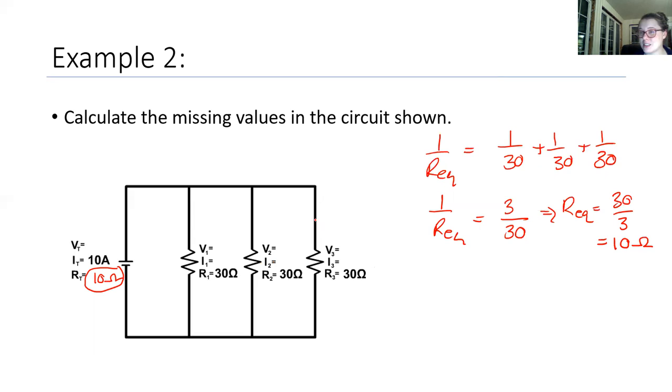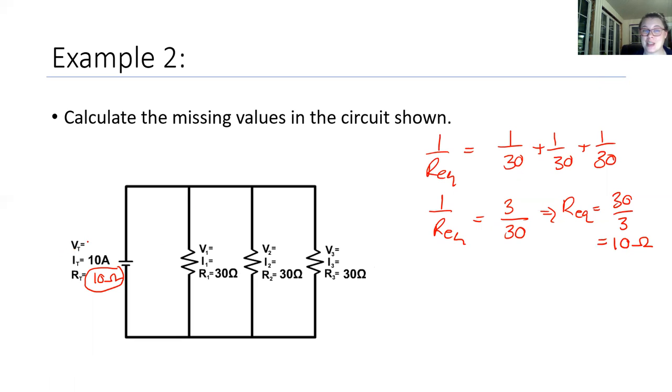Does it make sense that from the battery's perspective, it would see a third of the resistance? To me, it does, because 1/3 of the current can go here, 1/3 of the current can go here, and 1/3 of the current can go there. So from the battery's perspective, it's able to split that current up. I don't know if that made the explanation any easier, but sometimes it's hard to explain things that are logical